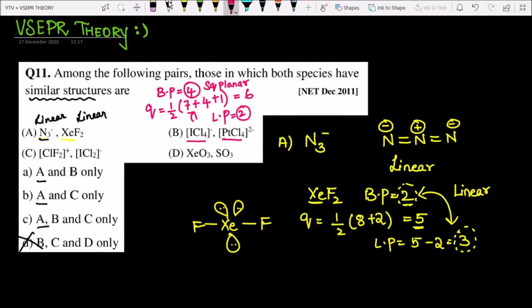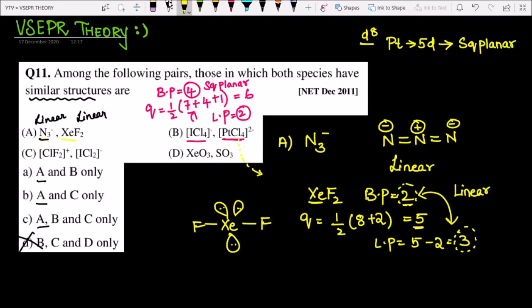Okay. Similarly, if you consider PtCl4 minus, with these kinds of transition metals you can't find out using this trick. You can't find the quotient value and find out. Usually for main block elements you can do this very well, but for transition elements, in case of platinum, platinum belongs to 4D series. Sorry, 5D series, right? Platinum belongs to 5D series. So in case of 4D and 5D series, if it is a D8 species belonging to 4D or 5D series, then all ligands will act as strong field ligands. Then it is always going to be square planar.